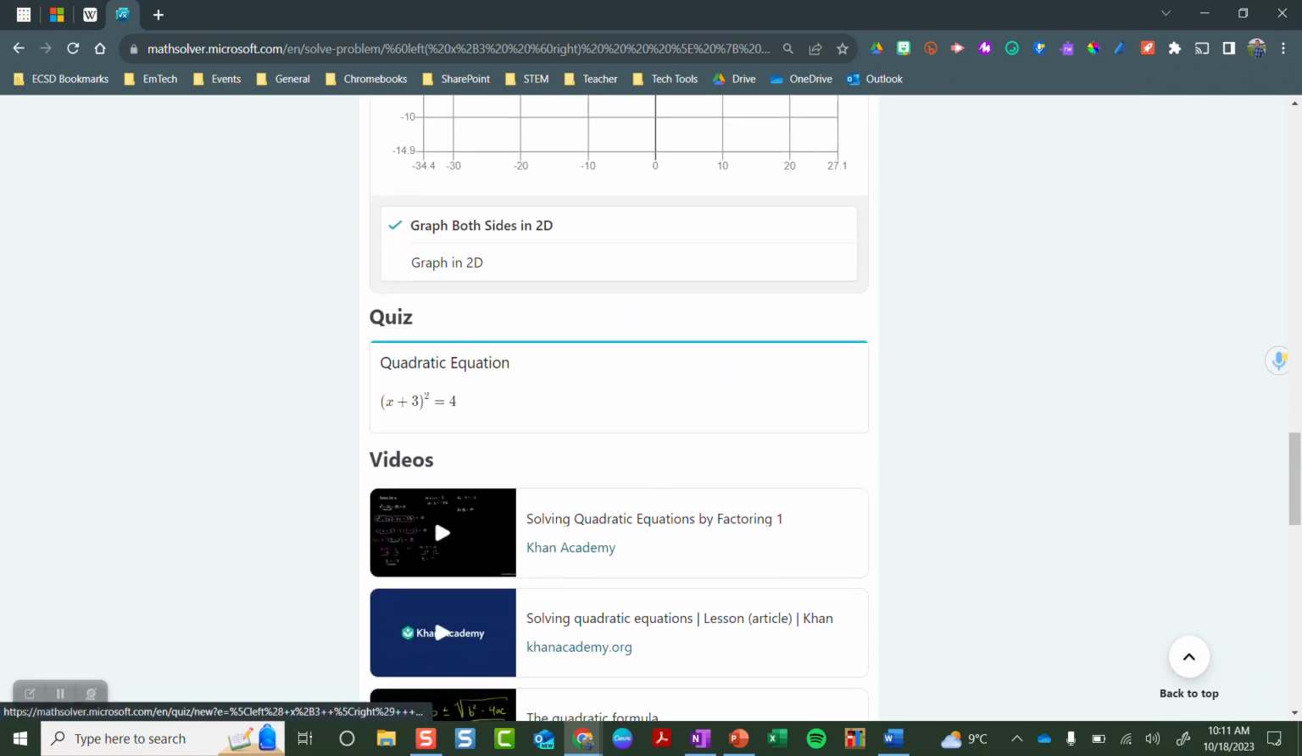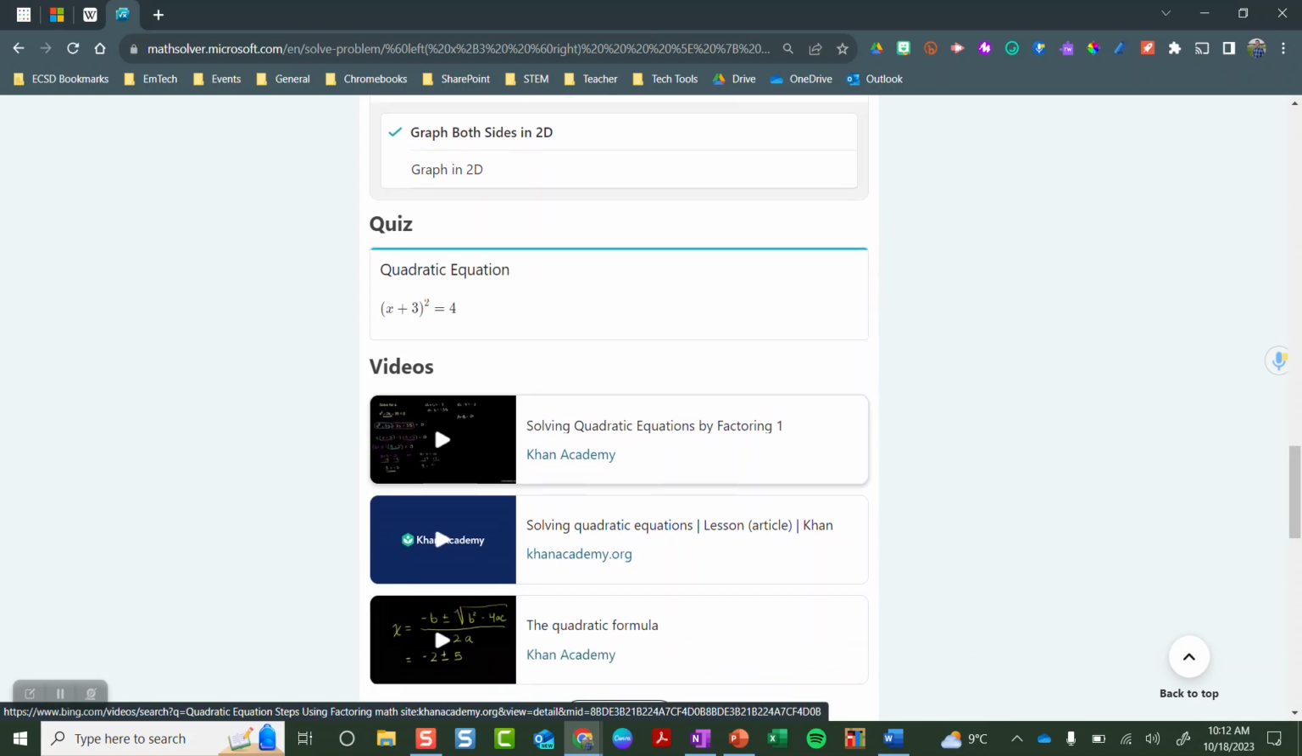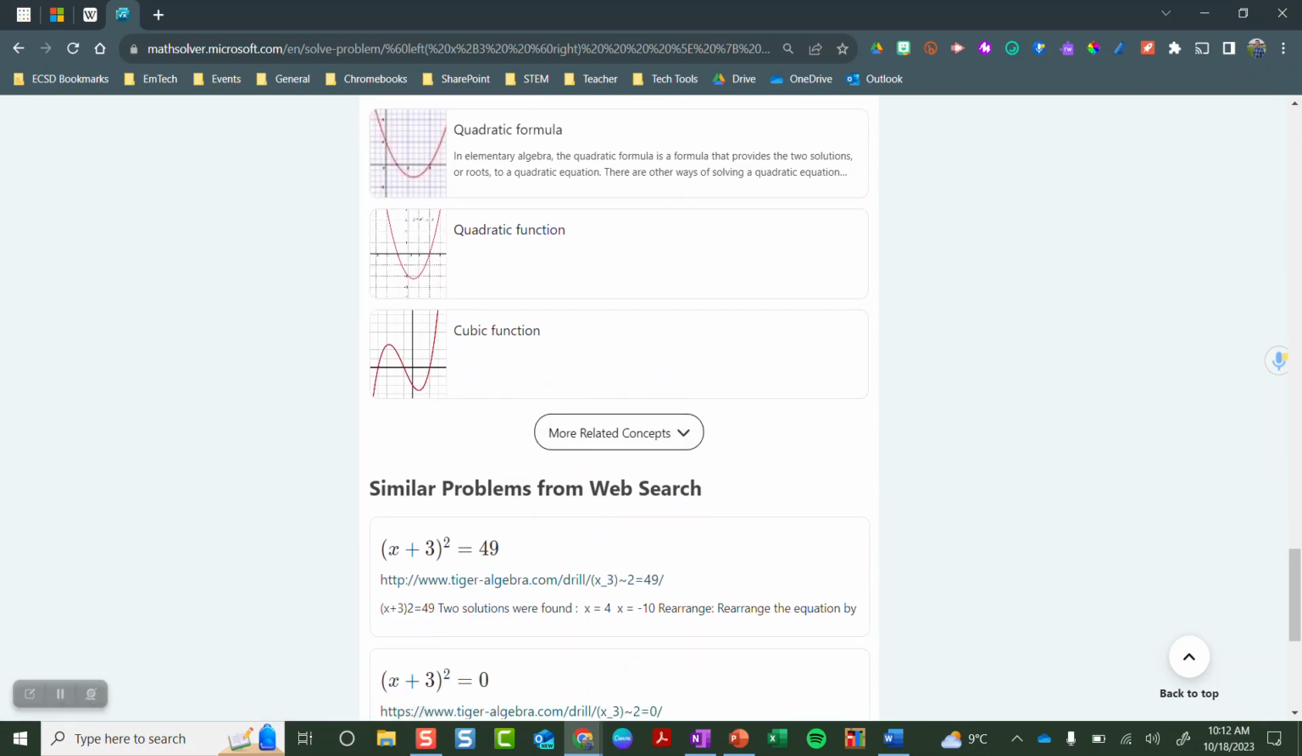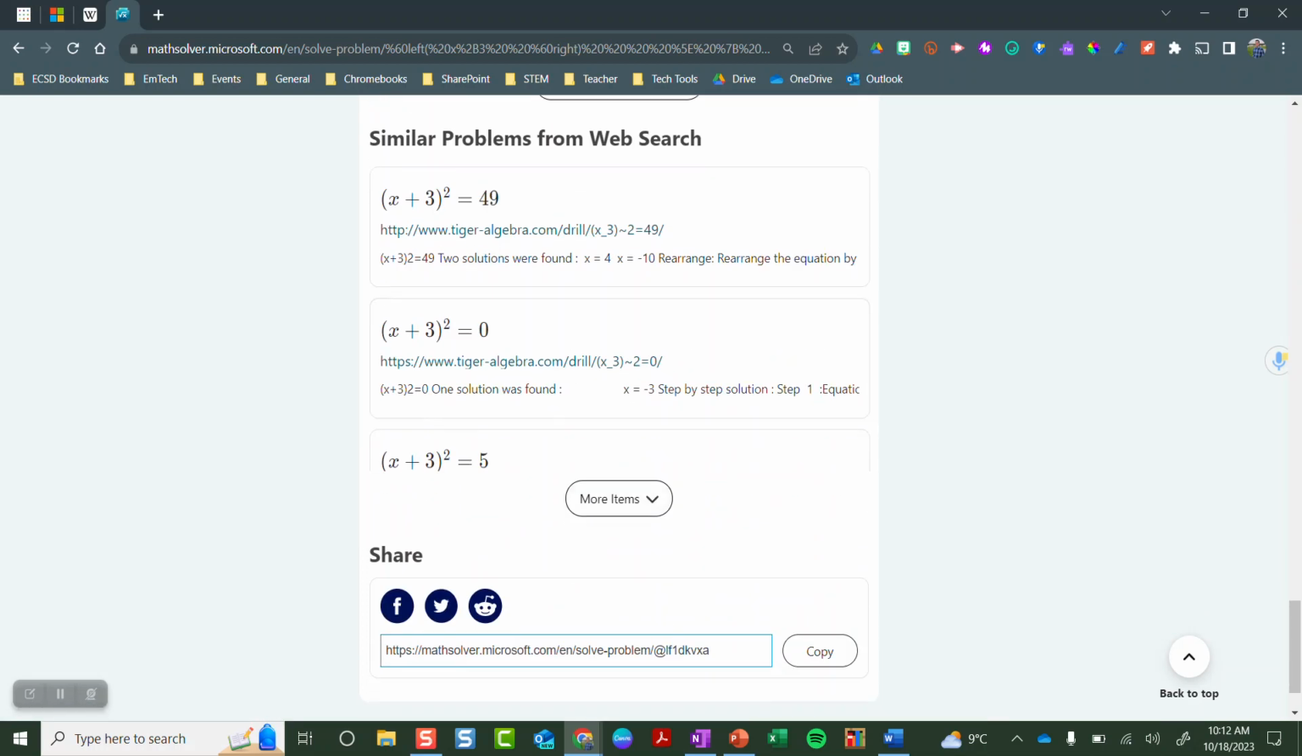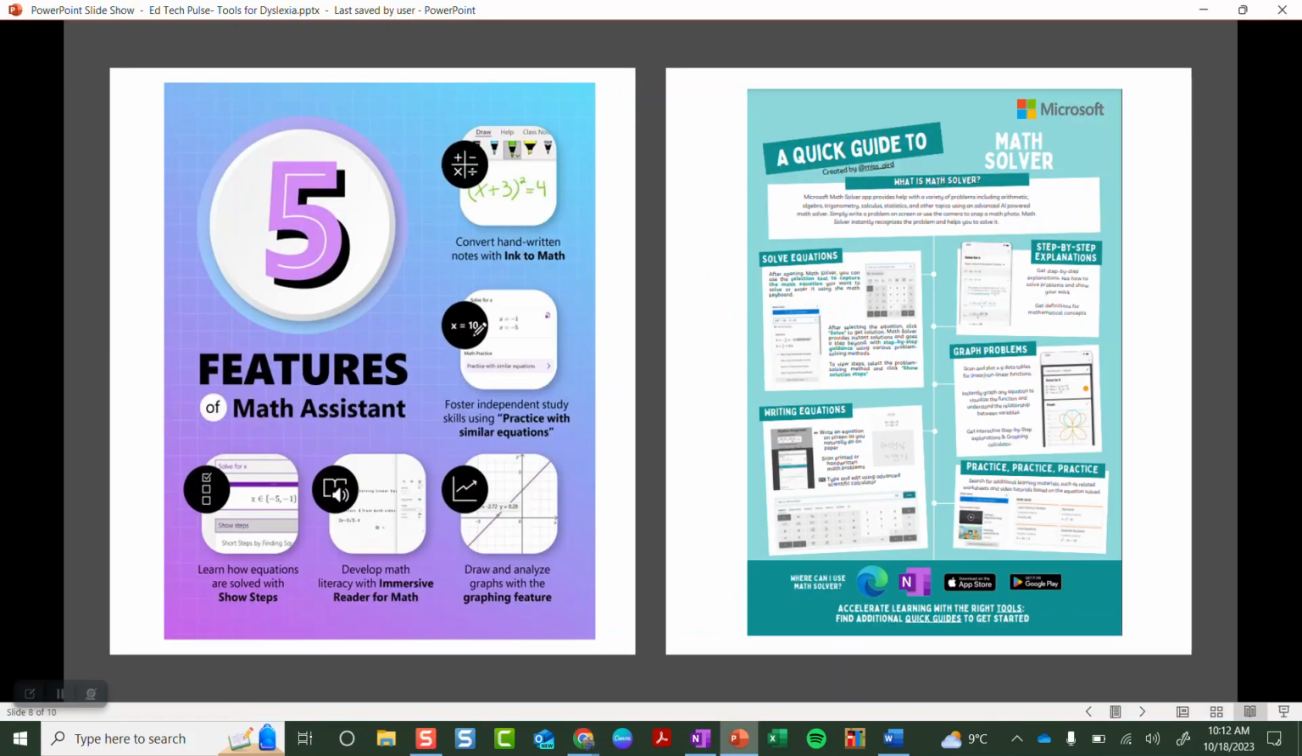But the other cool thing is I can do a quiz, so I can practice similar questions. It also gives me videos, related concepts, all of these awesome things that you can do in Math Assistant and Math Solver. So definitely check that out. It's a really cool tool. All right, and